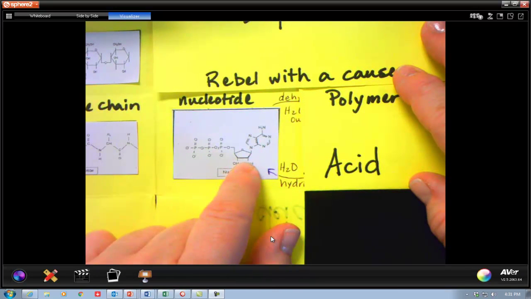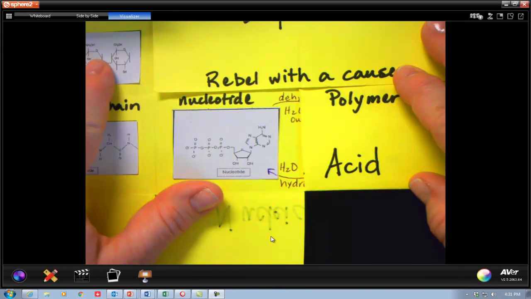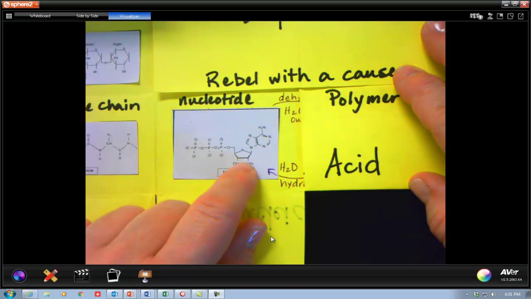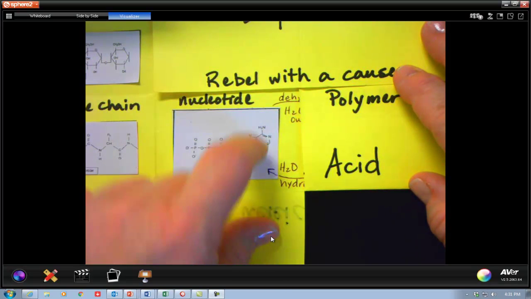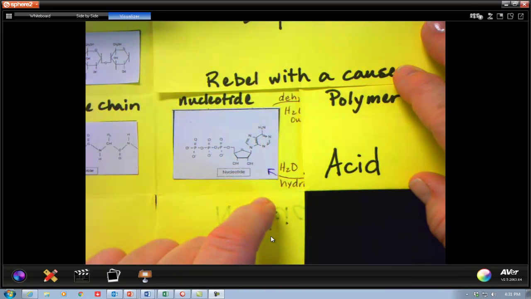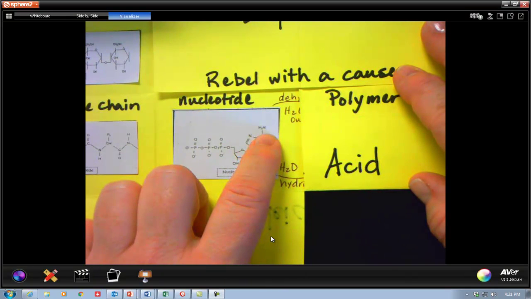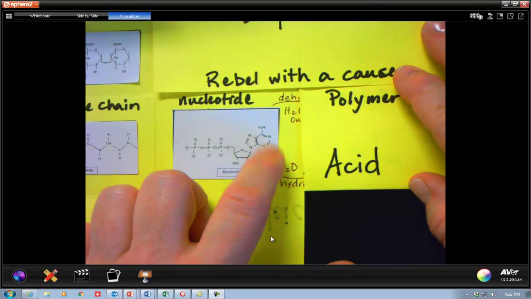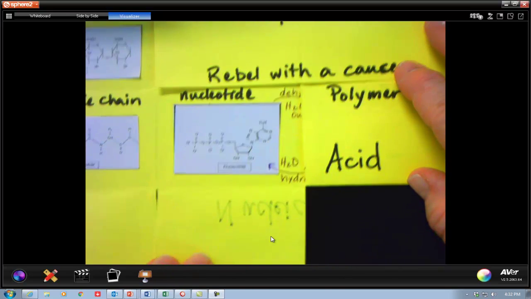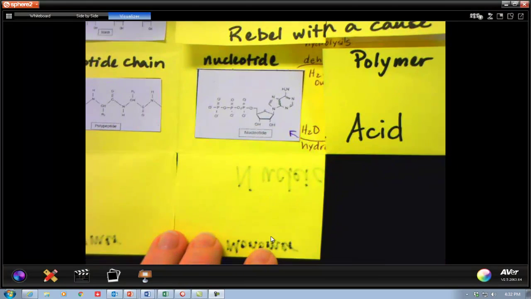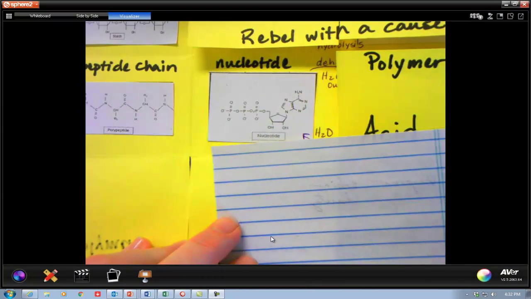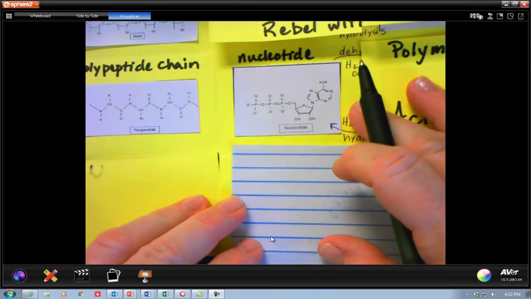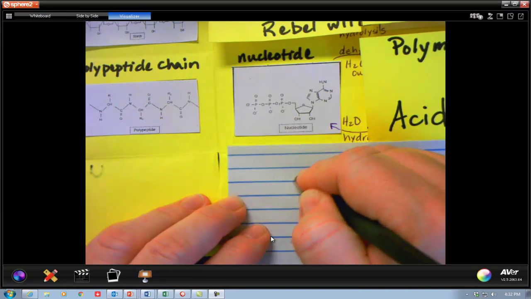I do have a sugar, which is a carbohydrate like we saw up here with our carbohydrates, but that's not all I have, so don't let that sugar confuse you. And then I have my nitrogenous base, which we'll talk more about what that is when we get into DNA and its specific structure. But what we kind of talked about in class is a fun way to look at this, and that is that it's like having, I'm going to put this paper here underneath, if you pretend that